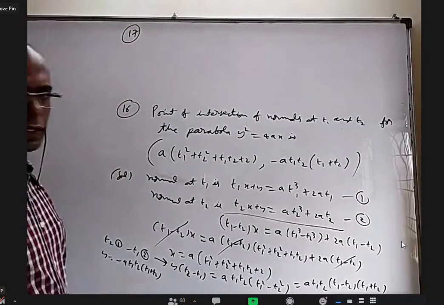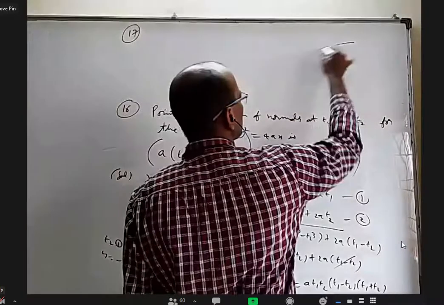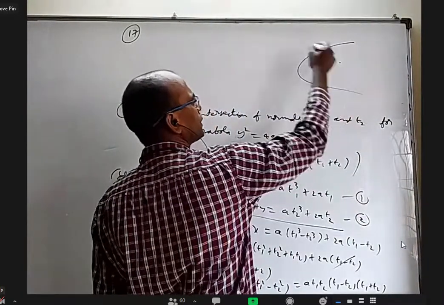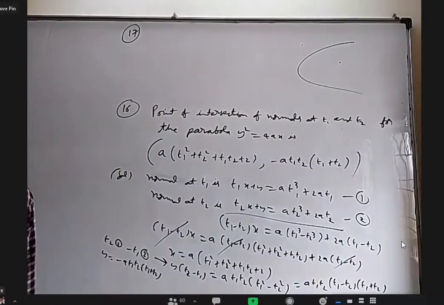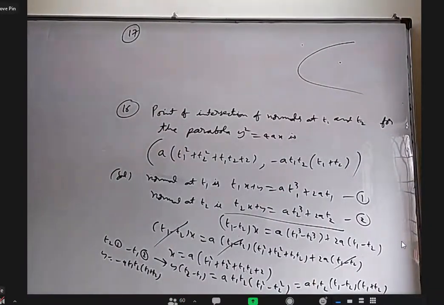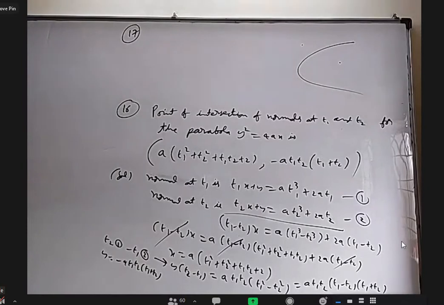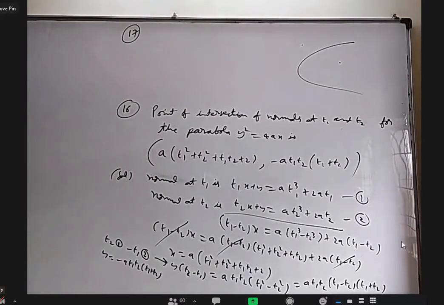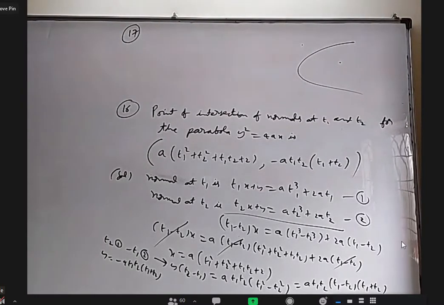Okay, those are completed. Think about if I give a parabola and give a point here or here, outside or inside, doesn't matter. How many normals of the parabola pass through that? Like we know, the number of tangents passing through an external point is 2. Like that, how many normals pass through an external point or an interior point?